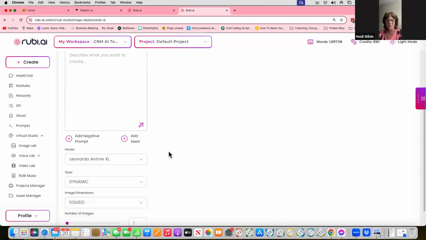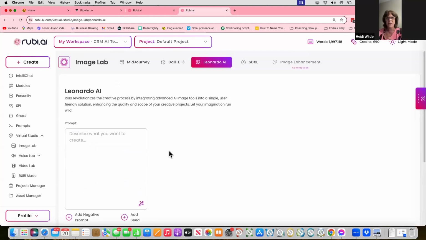One of the awesome things about prompting for images is to think about Ruby not knowing, because Ruby can't see. So create the image for what you want with everything from the energy of the image, what it looks like, the flowers, the vibrancy of the colors, the mood. Is it light, dark, daytime, nighttime? Is the person facing you, away from you? Give it as much detail as you can, and then your image will be that much more descriptive based on what you give it.